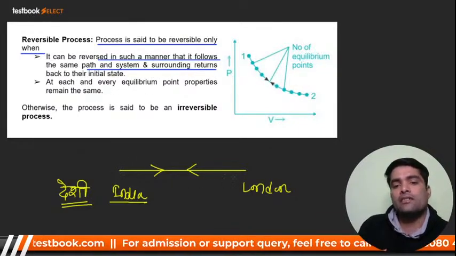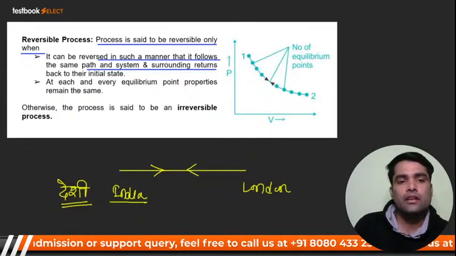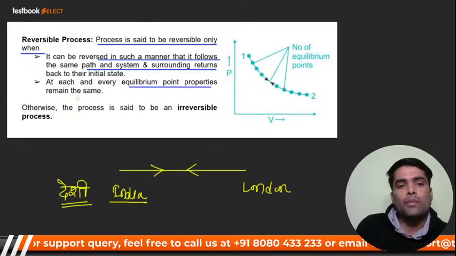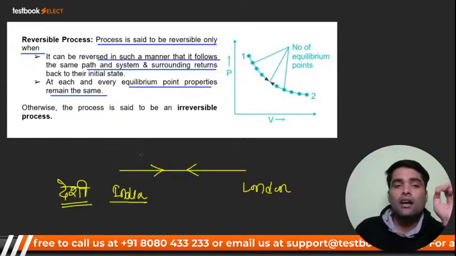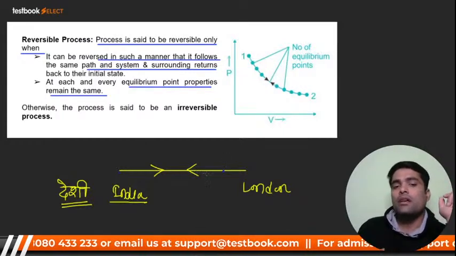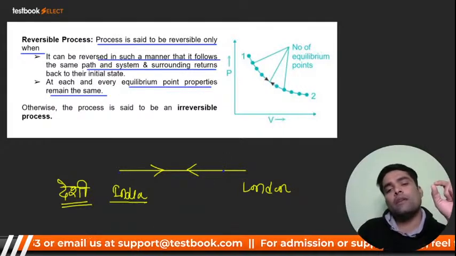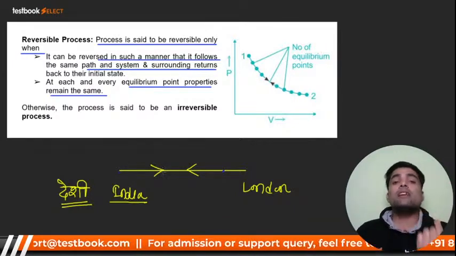मैंने बोला आप गए इंडिया से लंदन, लंदन से वापस आ गए इंडिया, एक पहली कंडीशन सैटिस्फाई हो गई. दूसरी देखते हैं, एट ईच एंड एवरी इक्विलिब्रियम पॉइंट प्रॉपर्टीज रिमेन सेम। और मैंने आपको बोला ना कि आप अपने संस्कार नहीं छोड़ रहे, राइट ना। सो आपके हर एक पॉइंट पे, आप यहाँ पे भी थे, आप दुबई में भी थे तो आपके संस्कार सेम थे, आप लंदन गए वहां पे भी संस्कार वही रहे, फिर लंदन से वापस आए वहां पे भी आपके संस्कार वही रहे, आप बदले नहीं।